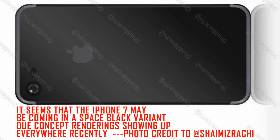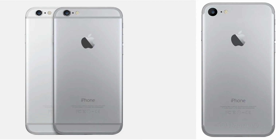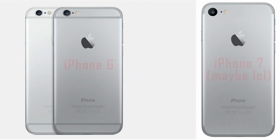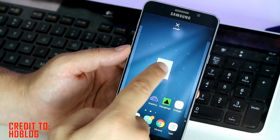iPhone. Both iPhone 7 models seem to look very similar to the iPhone 6 models, although it seems they have changed the antenna design, seeing that the bands don't run completely along the sides of the phone like the iPhone 6. On the Android front, we recently got a look at what Samsung is doing with their latest iteration of